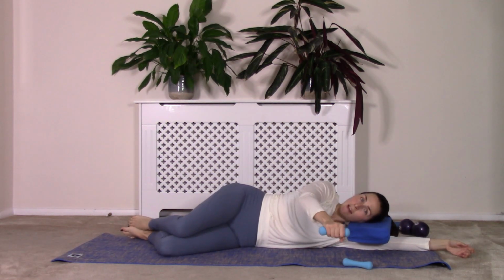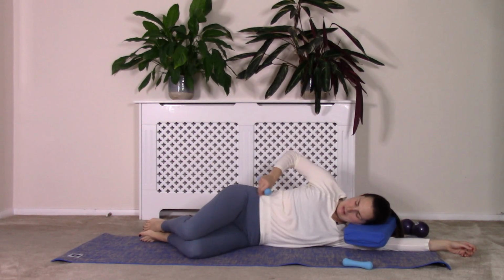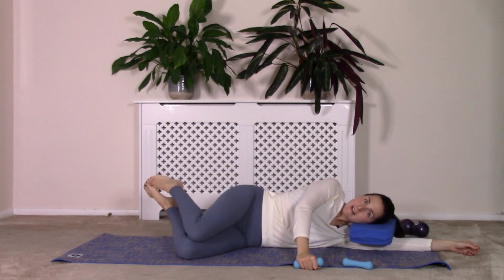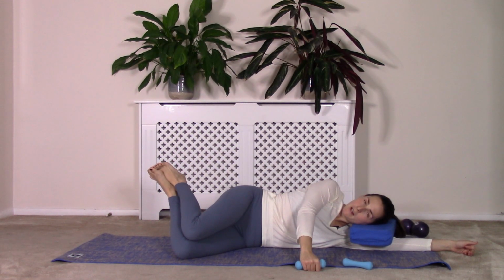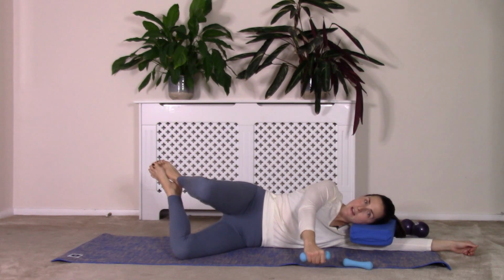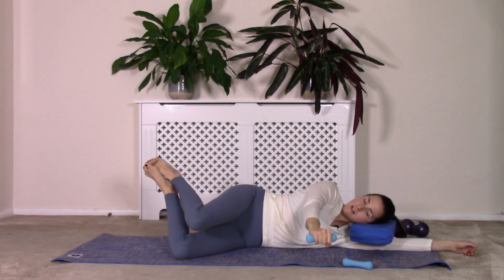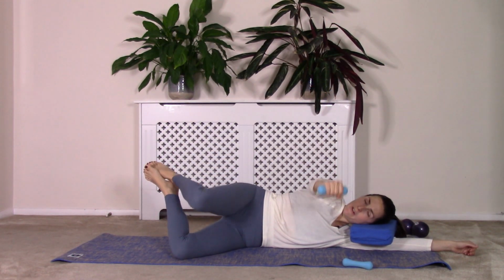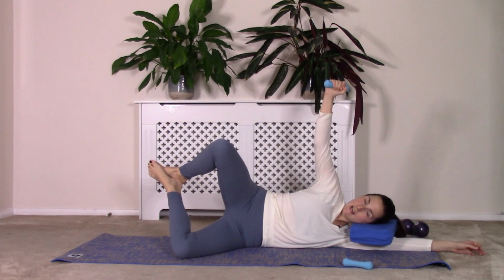We're just going to use the weight in our top arm here. So we're going to bend our knees up, keep those feet and hips roughly in that line. And we're going to raise our feet up if you can here into our clam movement. And as we raise our top knee, we're going to lift up this top arm and then lower it down together. So raising up and lowering down. So as you raise that knee up, we're going to raise the hand up towards the ceiling and then lowering